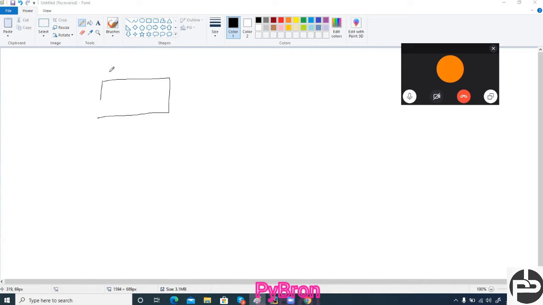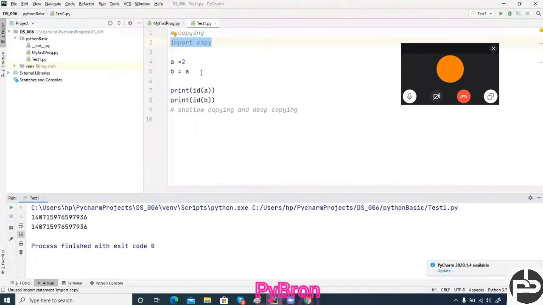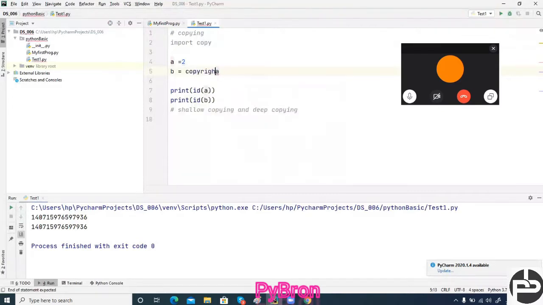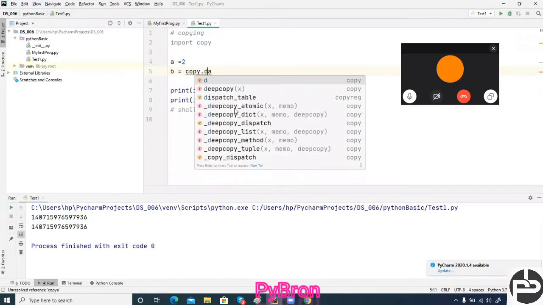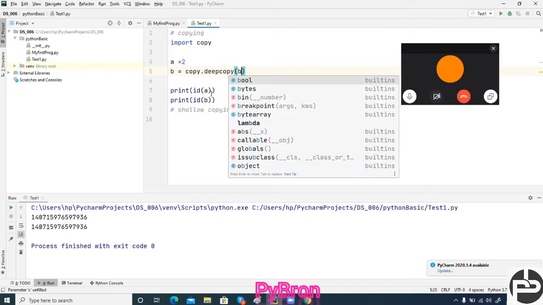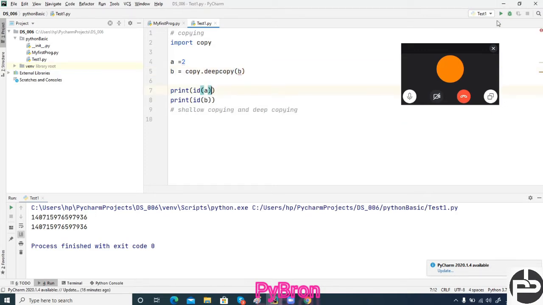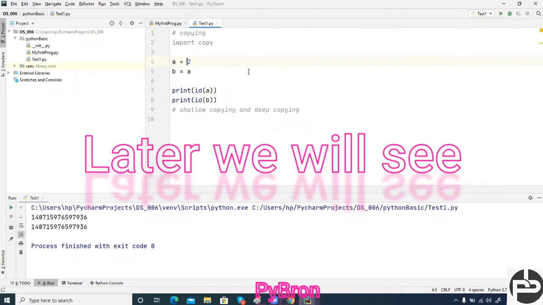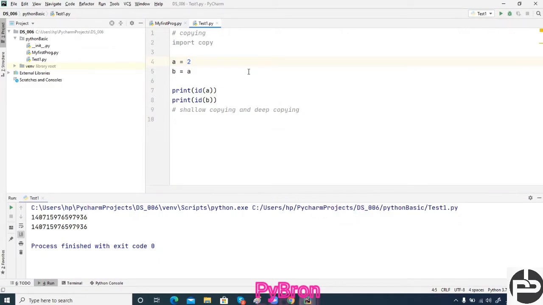So that's what we wrote here, import copy, and then I am going to call copy.deepcopy, and here you can pass a. Let's see now the addresses of a and b. Right now the address is the same, right? Oh, I guess there is something I am doing wrong, or else there is a bug in Python.